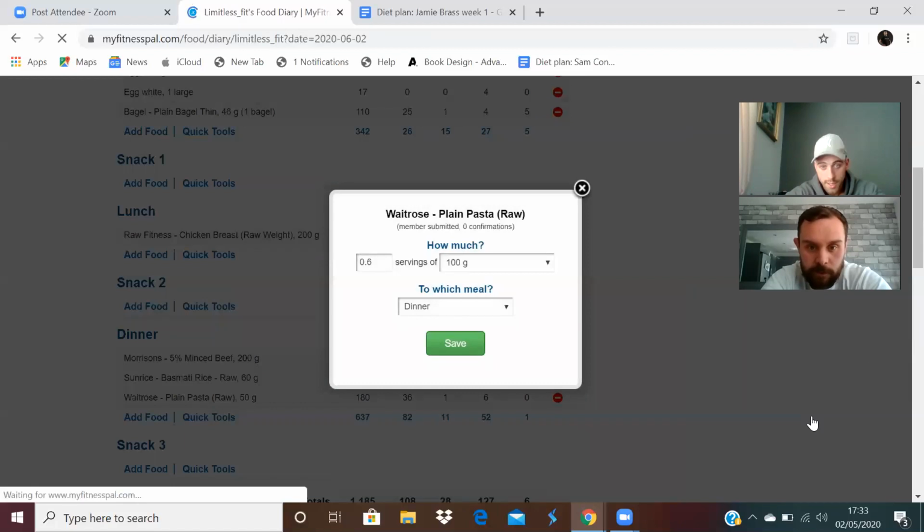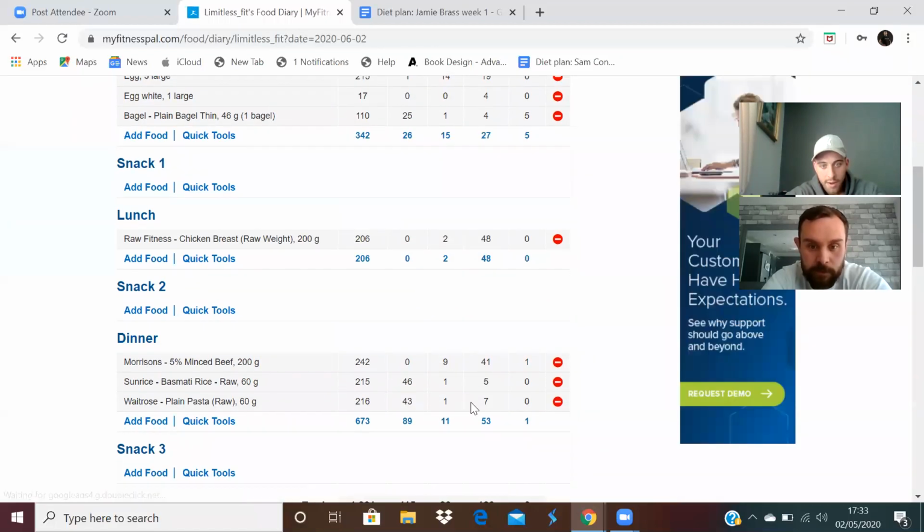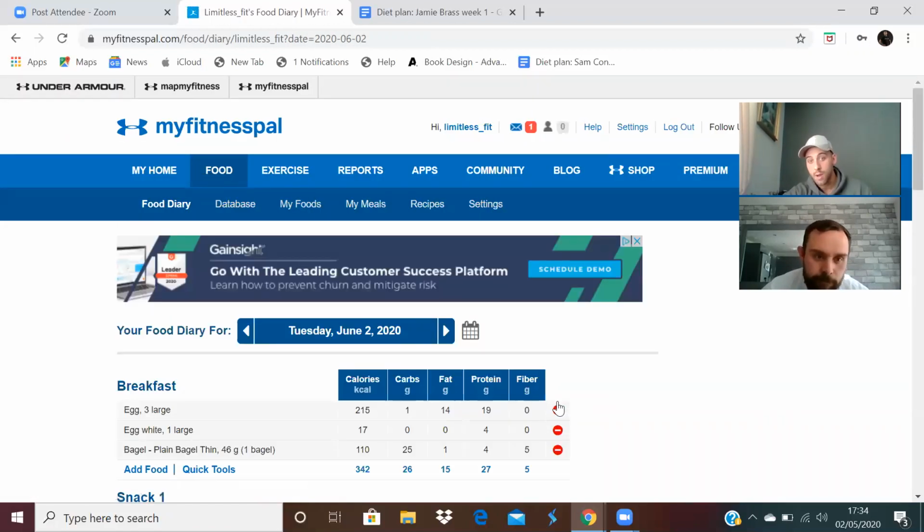So then you can alternate different sources. There you go, virtually bang on for calories, just a slightly different amount of carbs. The trace amounts are slightly different, but it's virtually the same. So see how you've just had 3 options there for carbs from one thing that I've written. So you know that you can play about with the numbers, and this is how you do it. You're not going to get good at it overnight, but I can figure someone's macros out without even MyFitnessPal. If you just give me the numbers, I could probably see, right, that would be roughly that much. And that's kind of the way I add them up, and then I type them in MyFitnessPal last,